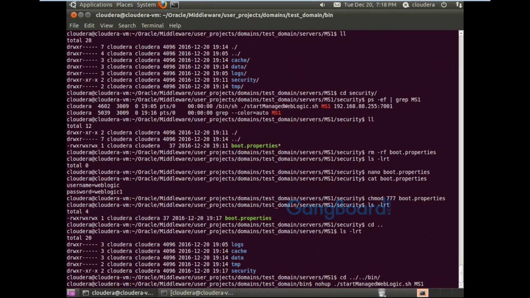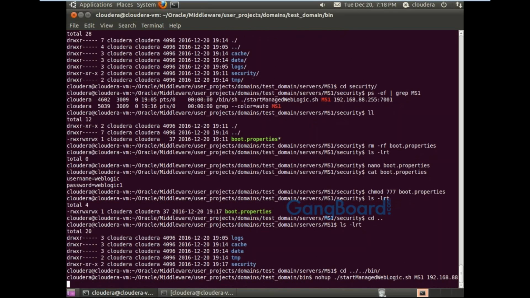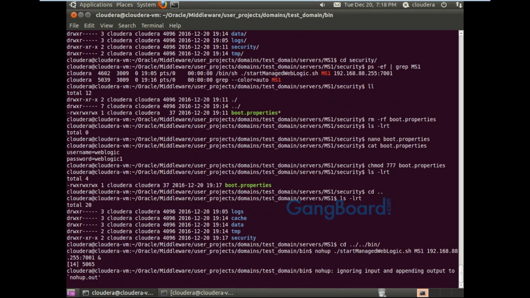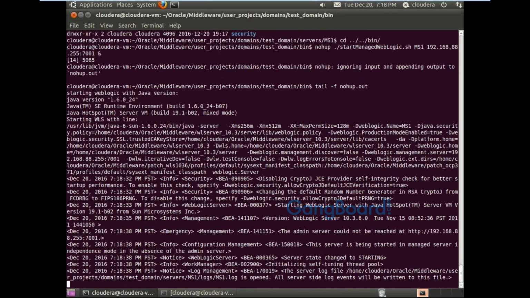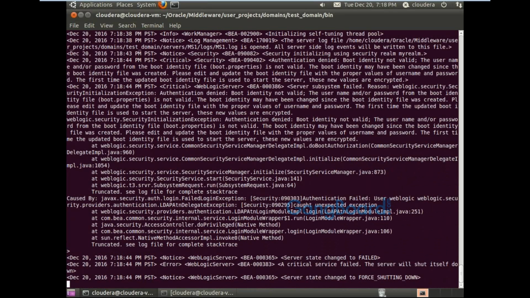This is the syntax. Always remember this syntax. The interviewer will ask you in the interview, what is the syntax of starting the managed WebLogic. Now it is checking the boot.properties file again. There is a problem with the boot.properties.